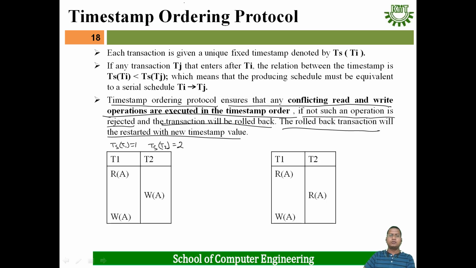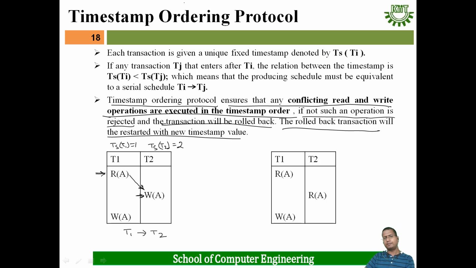Then what is the order in which transactions T1 and T2 are executed in this case? According to the timestamp ordering protocol, T1 executes first, then T2 should execute. Then it says that all the conflicting operations among read and write operations must follow this order. Here, what are the various conflicting operations? First we will see the read A operation. It will be performed. Then after that, when the write A operation is performed, is there any conflicting operation here? Read A to write A, T1 to T2? Yes, a conflicting operation is there.